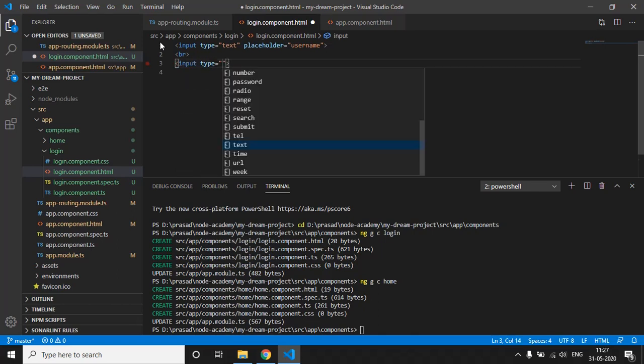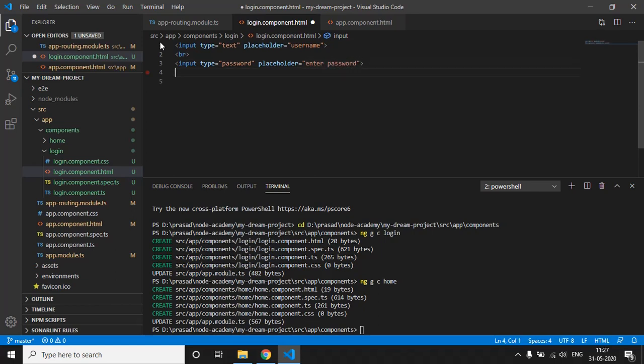The type will be password, and then the placeholder. Then we will again break the line, and now we will have a button called login. So let's see what we can see on the browser.